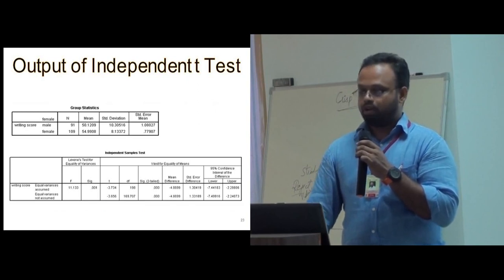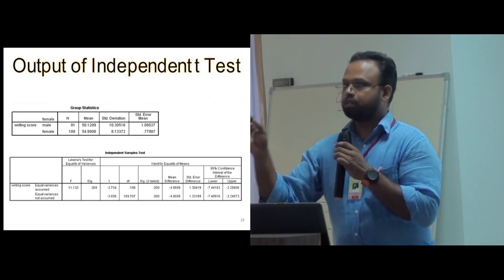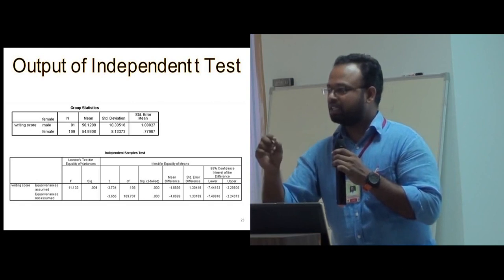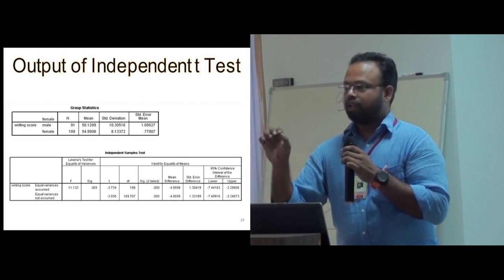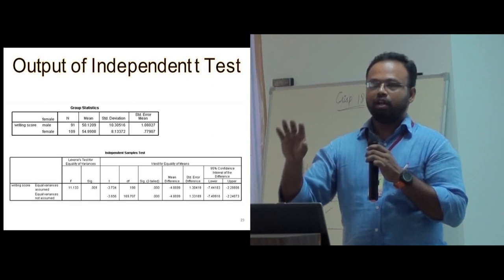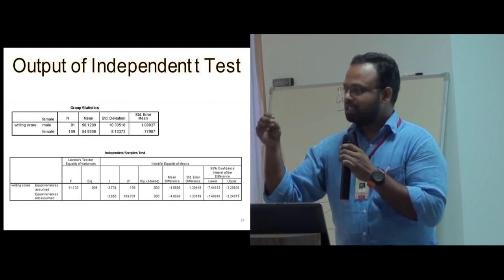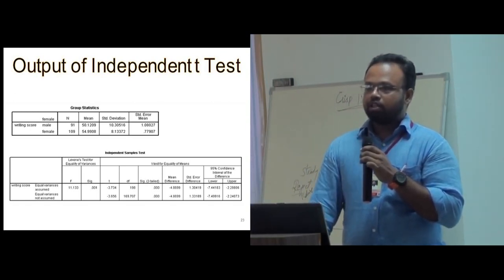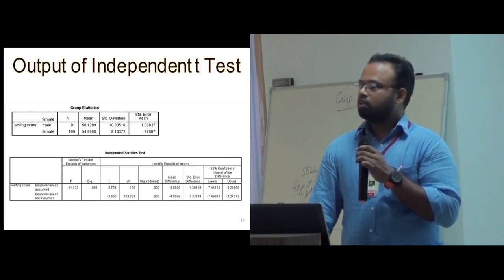So when you get the output for independent t-test, here I have said simply the test for normality. This independent t-test alone assumes one more assumption, that is the equal variance assumption. So you have to check how the data are varying between the variances of those two groups, and if it is significantly variable, you cannot use independent t-test. Okay.